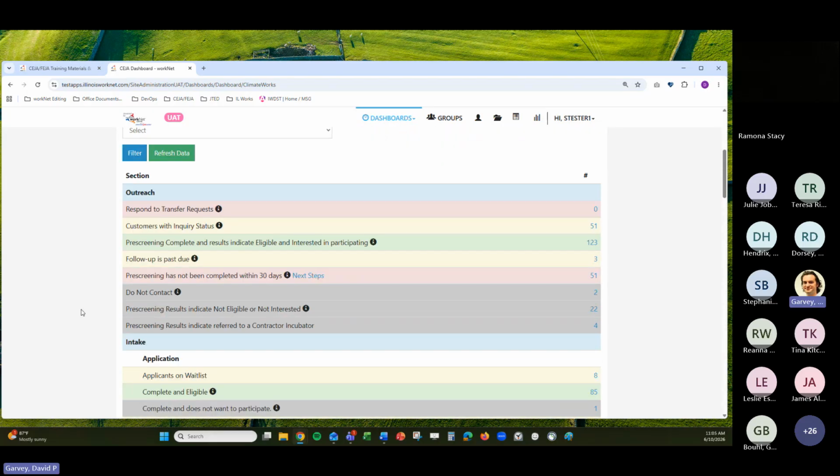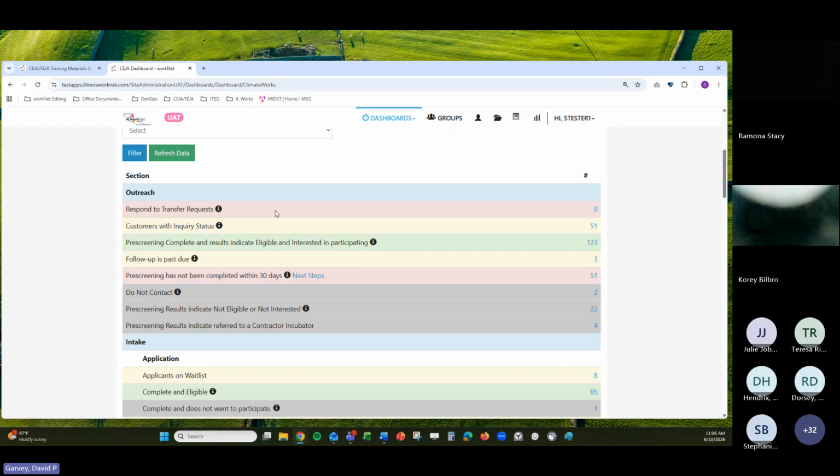And it's broken up into different sections here. So we have outreach, that initial getting them into the system. At the very top, we have respond to transfer requests. It looks like we don't have any at the moment here, but if you received an email that a grantee or navigator has submitted a request to transfer a customer in your list to their list, you'd see them populate in this